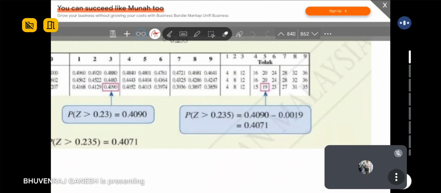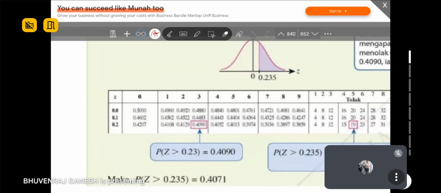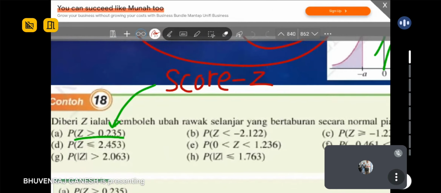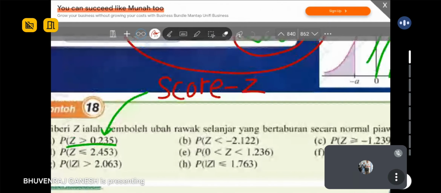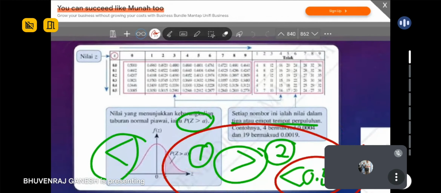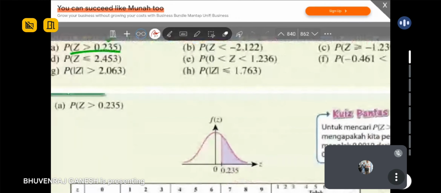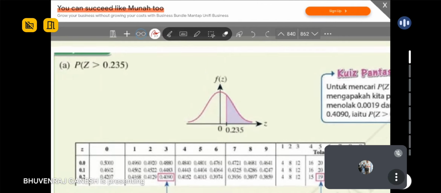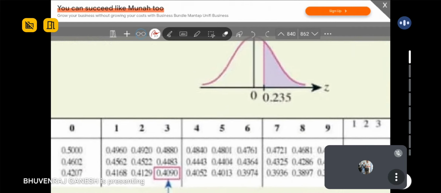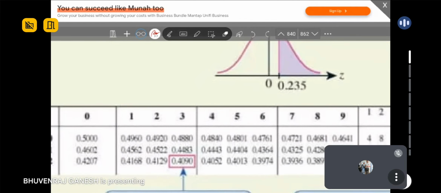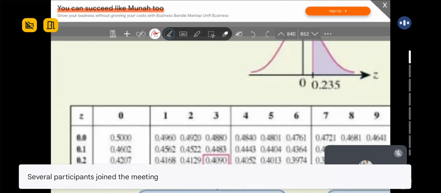Okay, so this one. Probability Z greater than 0.235. So that means we can directly refer to the table. Am I right? Kita boleh terus lihat jadual. Okay guys, so now I teach you all how to read the table. Macam mana boleh baca. Okay, so first thing